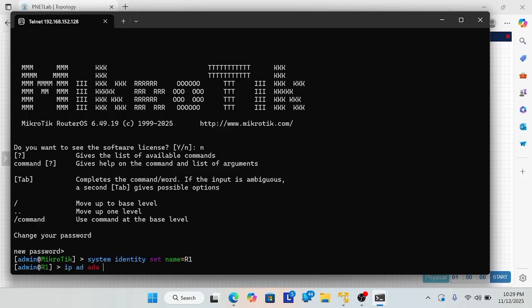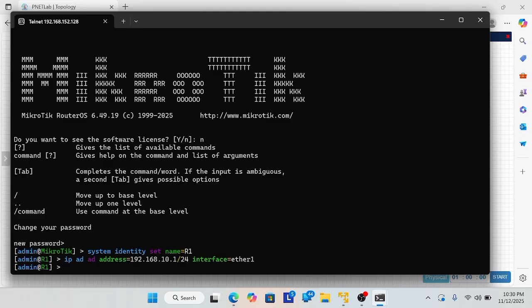After that, you can add the IP address: ip address add, 192.168.10.1/24 on interface ether 1.